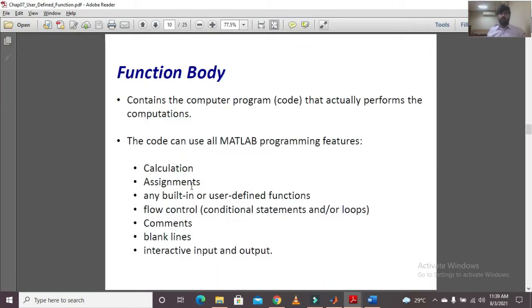Now moving forward, next we have the function body. This function body will contain the entire code of your function, meaning whatever calculations you want to perform. The most complex user defined function which I made a couple of years ago was for the log mean temperature difference for a heat exchanger.